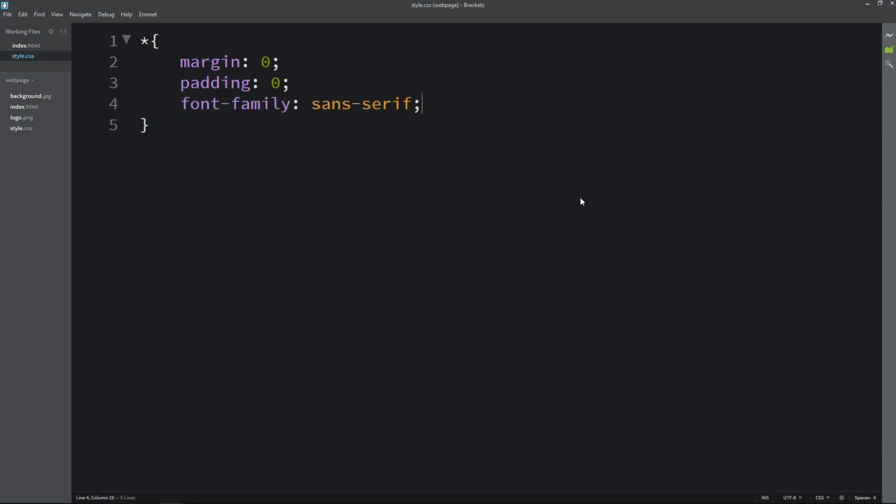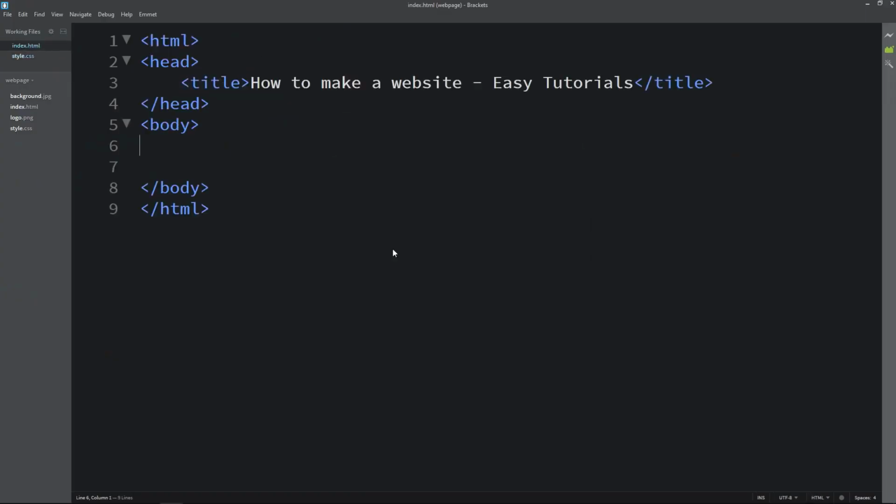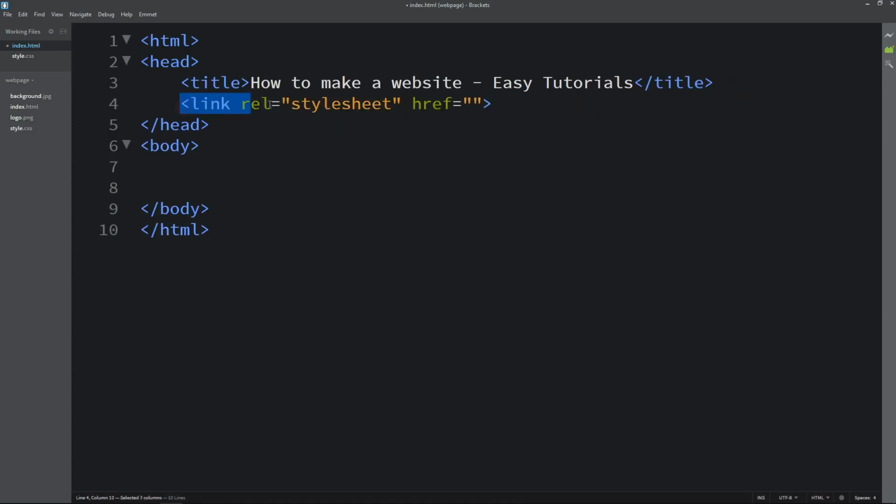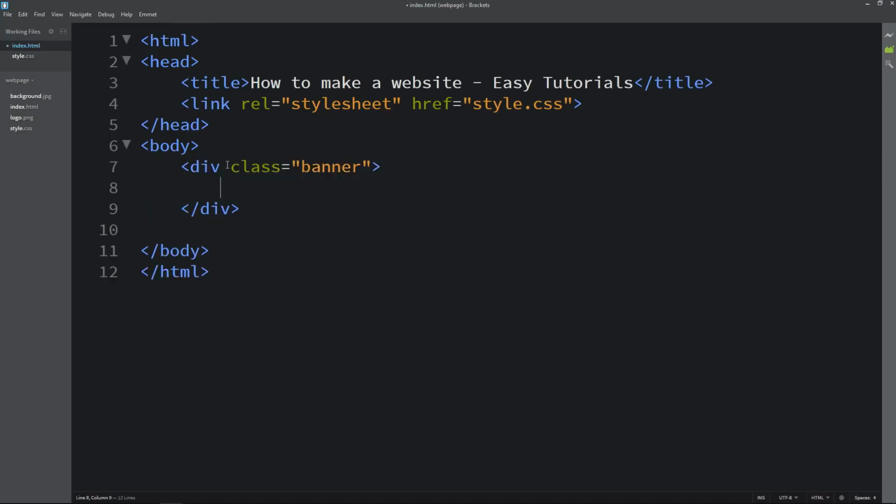Next we have to connect the HTML file with the CSS file. So we will come back in the HTML file, and here in the head tag we will add link rel stylesheet href is equal to file name of the CSS file, which is style.css. Next we will write the code in the body tag, and here we will create one div with the class name banner. Next we will copy this class name banner and come to the CSS file, add it here with